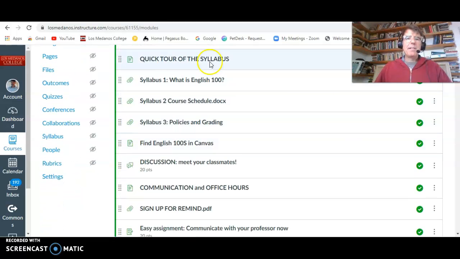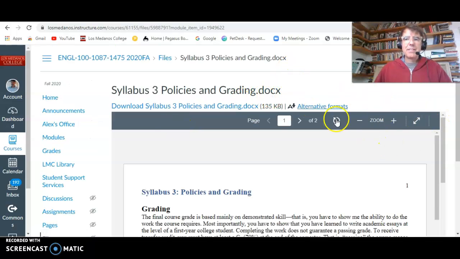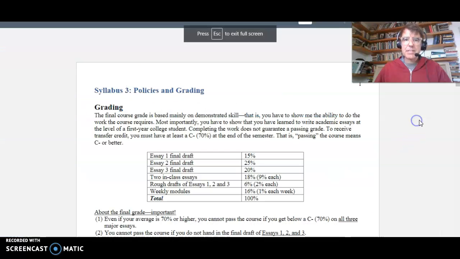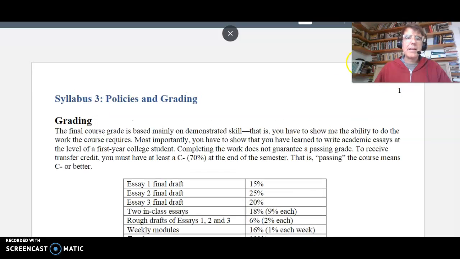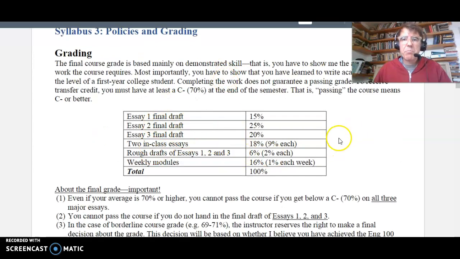For example, Syllabus 3, Policies and Grading. So let me show you this. And just remind you, I'm going to remind you of a couple things in here. All right, so this chart is important. You can see that the Essay 1 final draft is 15% of the total course grade.